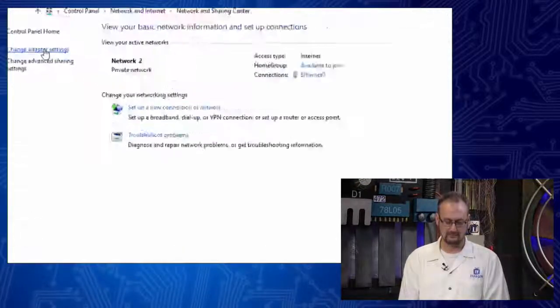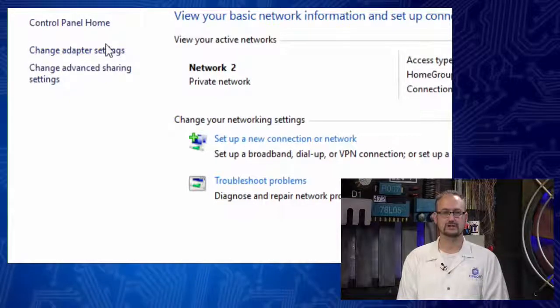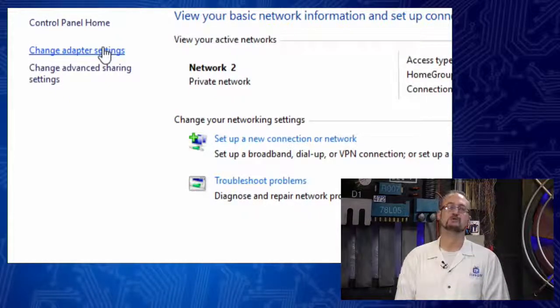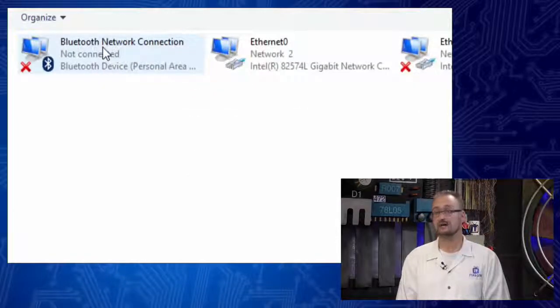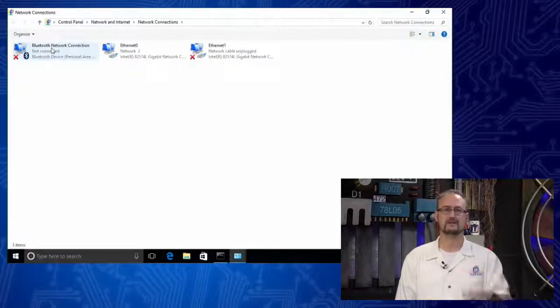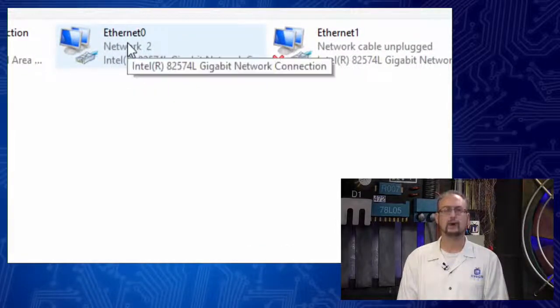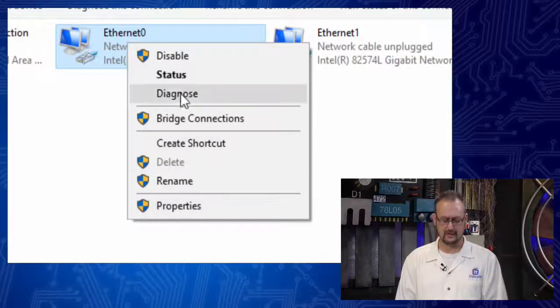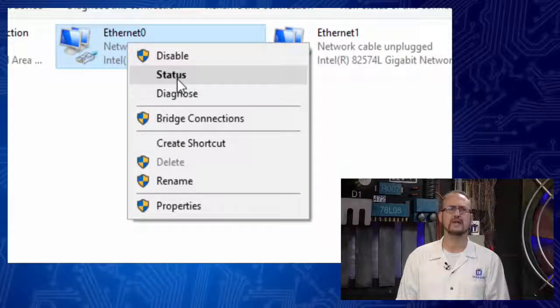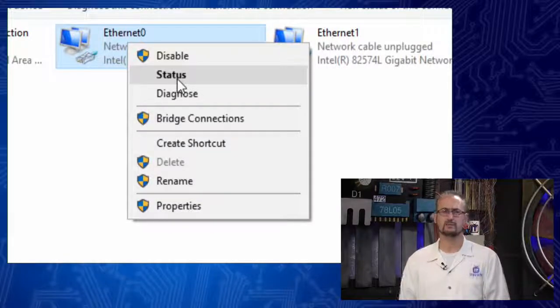If I open up my network adapter settings, right? My network adapter is what's responsible for the network communications within the network. Well, it has to have an address to be able to send and receive communications. So what we're going to do here is look at the properties of our network adapter. If I right-click on it, I can see a couple things. I can see the properties. And in fact, let's start at status, right? We'll look at properties when we talk about how we configure IP addresses.